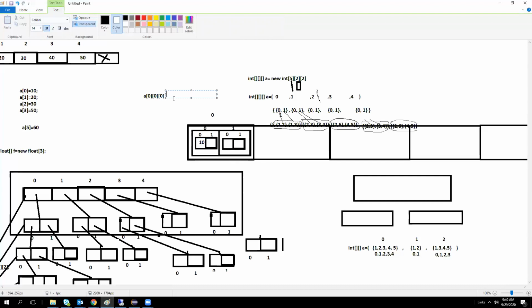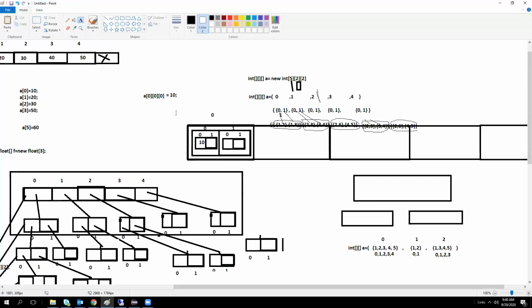One more question here. Do you mean to say that we can only store data inside the last child, or can't we store data in the second array? Yes, we can. How?